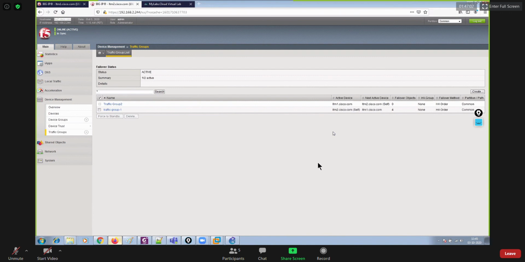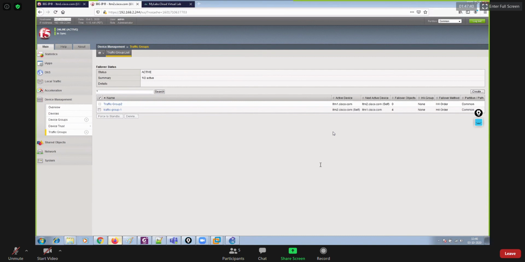However, this is not something which is really recommended by F5, and I have already told you the reason behind that. In case the resource utilization on both of the devices has reached like 40-45%, and thereafter if any one of them goes down, then everything will be on one device, right? So the other device will go down automatically, because it will not have the capability to handle that much amount of data that it needs to support. So then there will not be any advantage of having active failover.